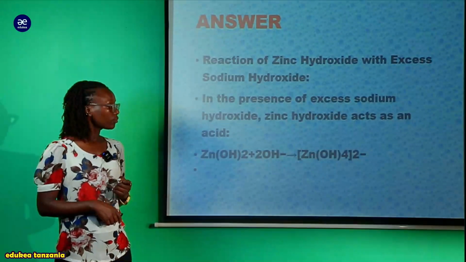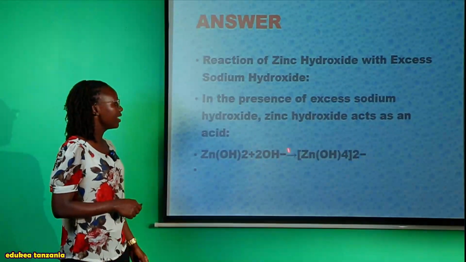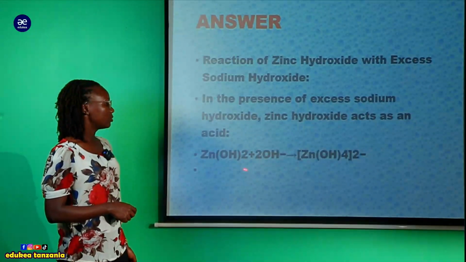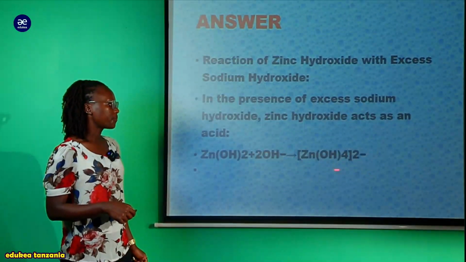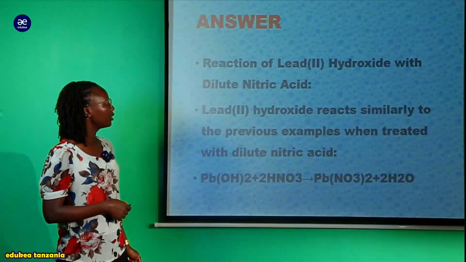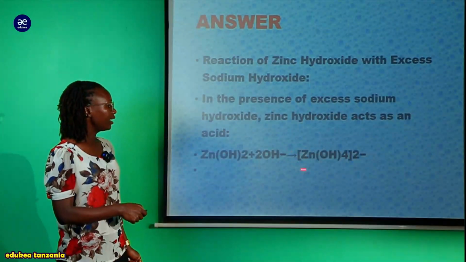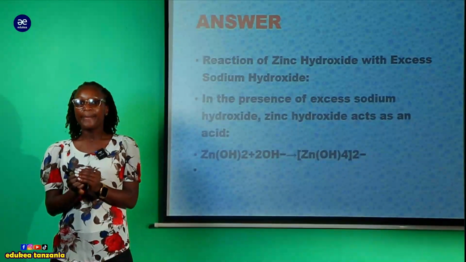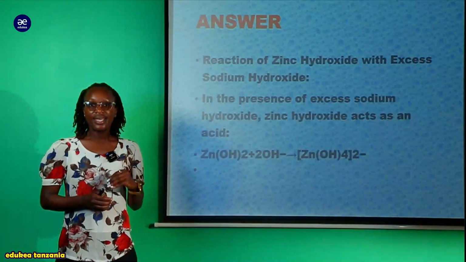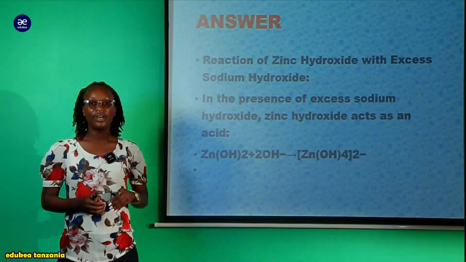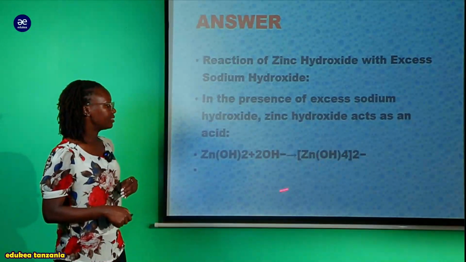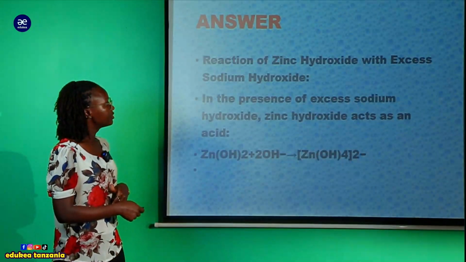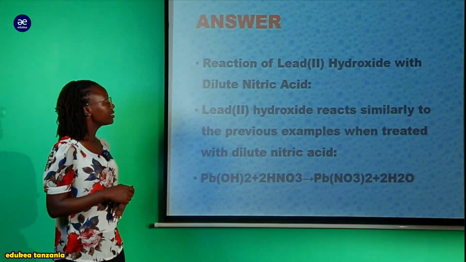Why acid? You will see that in excess sodium hydroxide we have the hydroxyl ion, so zinc hydroxide will react with this OH, and we will get a compound which is in the form of a complex compound. Now you have seen the products we got when zinc hydroxide acted as a base are different from the products we got when it acted as an acid. So this is how we can demonstrate amphoterism,